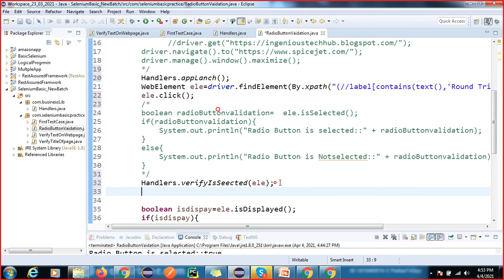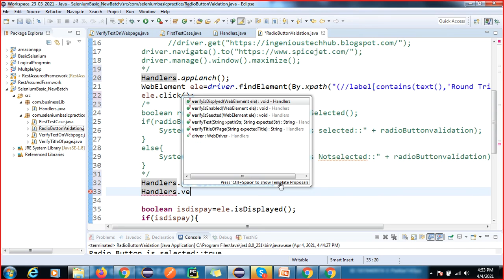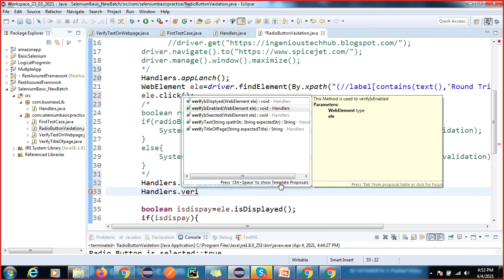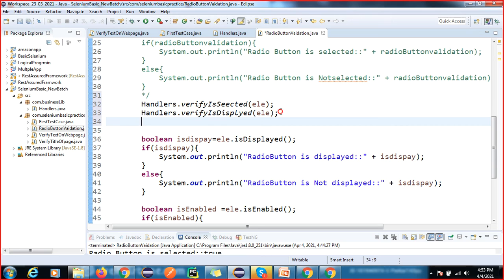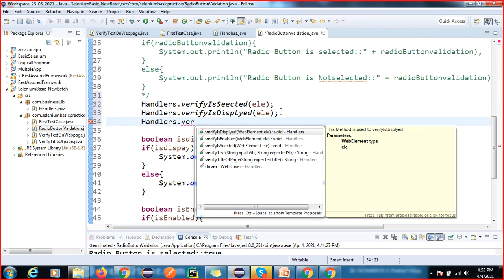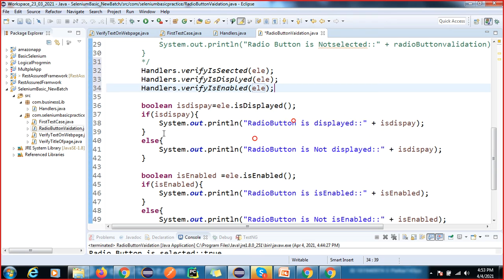Fine. Now handler dot verify is displayed. Handler dot verify is enabled. That's it. You should not write this line of the code.